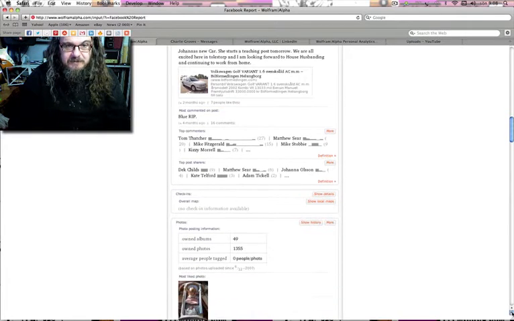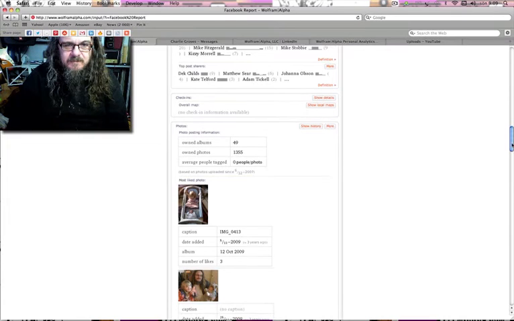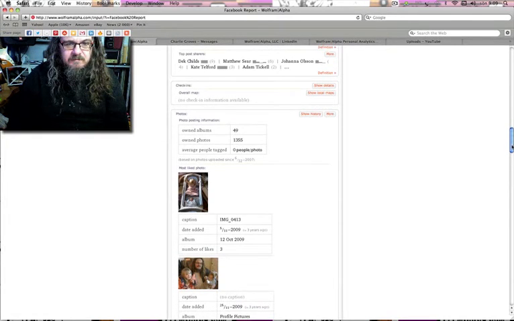And then here's active top commenters: Tom, Matthew and Mike. 2 Mikes there, Mike and Mike, and Kizzy. Top sharers is Deck. I must give Deck a ring actually. And Johanna, Matt, Kate, they're out down there in Milford Haven, and Adam. That's a surprise because Adam's hardly ever on Facebook. Don't know what that check-in is, the photo analysis.